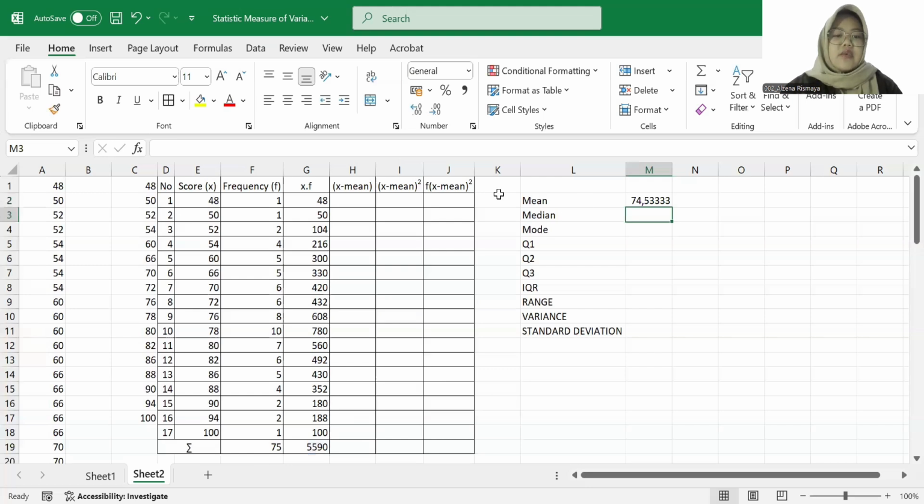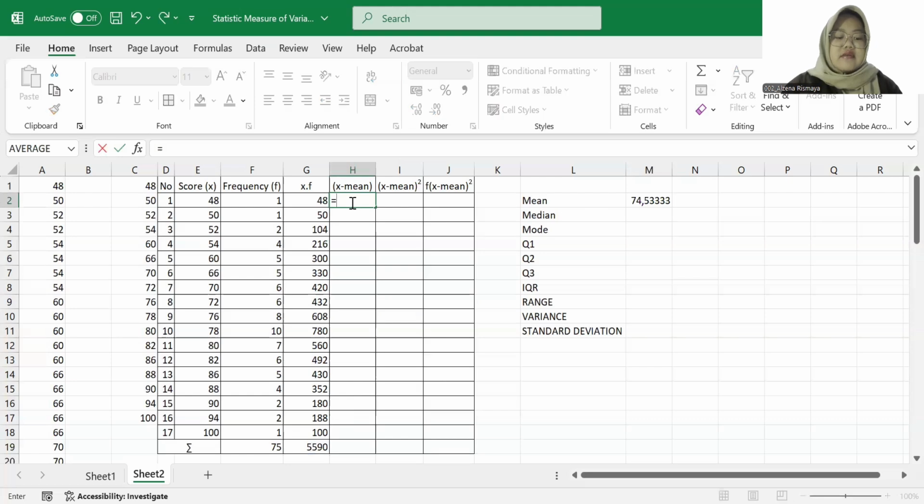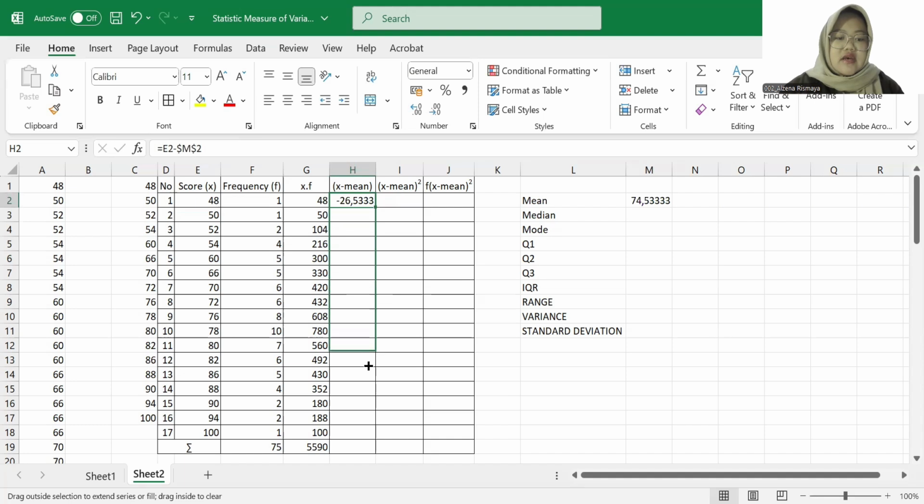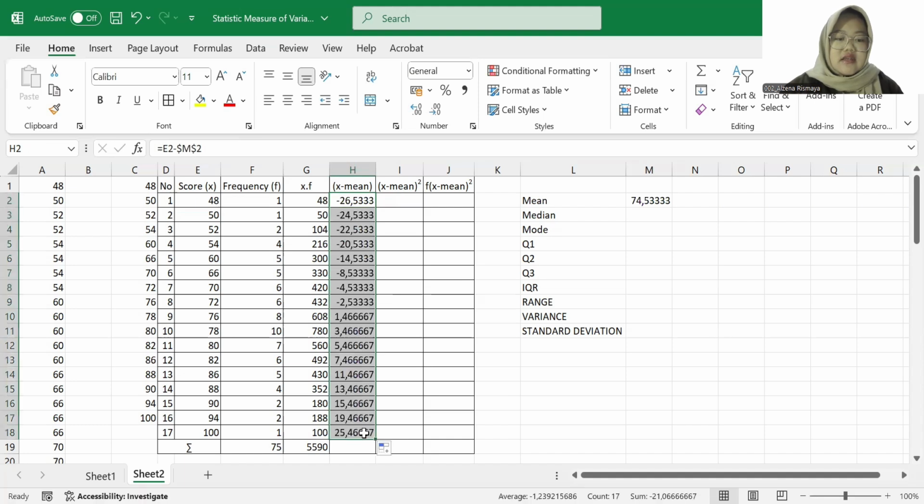And now we can find score minus mean. But don't forget to insert the dollar signs here, because we don't want an error from Excel or to make our result randomly become weird and incorrect. So we have to put dollar signs around the mean. Now enter, so that you can drag down easily again